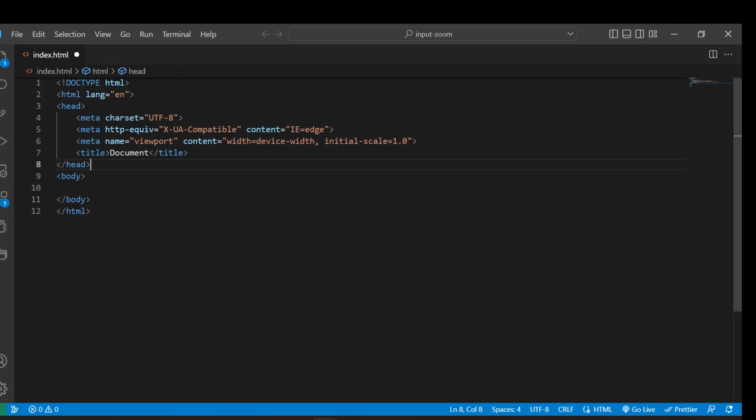Okay, and then you're gonna click right here. You're gonna stay within content. You're gonna add a comma, and you're gonna add to the content. Okay, and we're gonna add